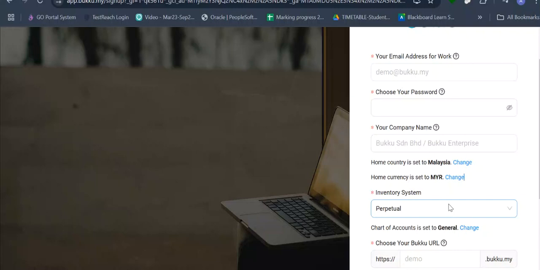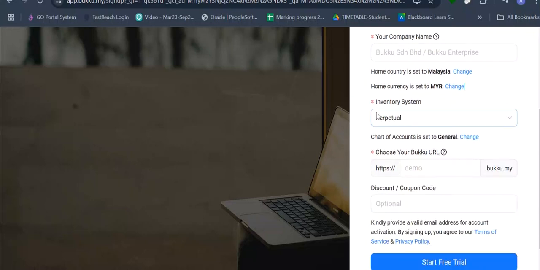But in the old days, when people use paper and pen, because it's very tedious, not convenient to record every in and out, every unit in, every unit out by using paper and pen, a lot of time people prefer to use a periodic system. See? That means they will do a stock count, and at the end of a period, they'll need to do the recording. But for computerized, especially such powerful software like the online Buku here, I advise you to use perpetual.